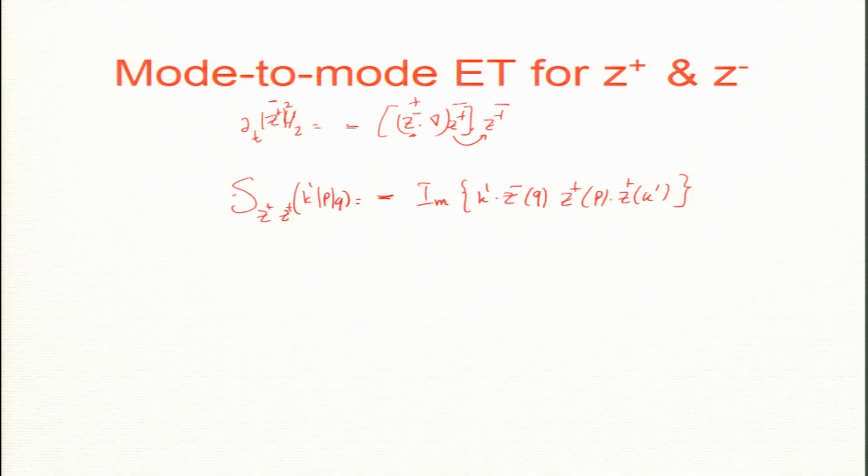This is total symmetry. And the B naught term does not do any nonlinear transfer. There is an alpha term, no, B naught dot K. That term has no nonlinear transfer, because there is only a linear term. So there is no nonlinear transfer coming from that. There is interesting linear transfer, but we will not discuss today. So we can write down the equation for Z minus as well. K prime PQ is minus imaginary K prime Z plus of Q, Z minus P, Z minus K prime.